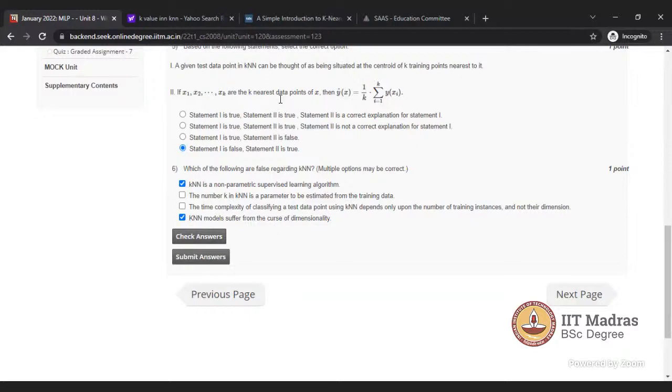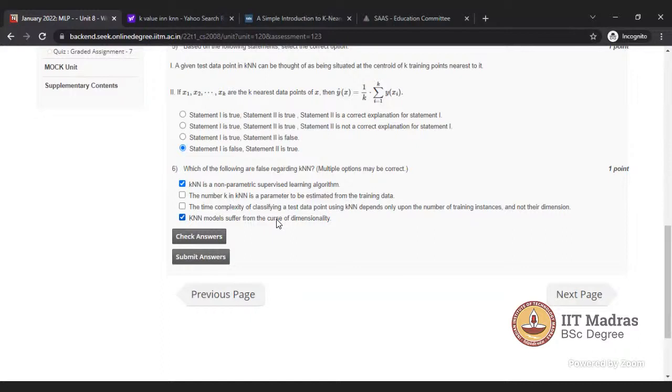So the curse of dimensionality you can understand like this: when the dimension of your model increases, it suffers to predict the output accurately. It happens with KNN also. Just think, if you have 100 dimensions and you increase to 200, 300, something like that, a very large dimension, then all the random noise will also have some impact. So in that case, KNN won't perform well when the dimension of your model increases.